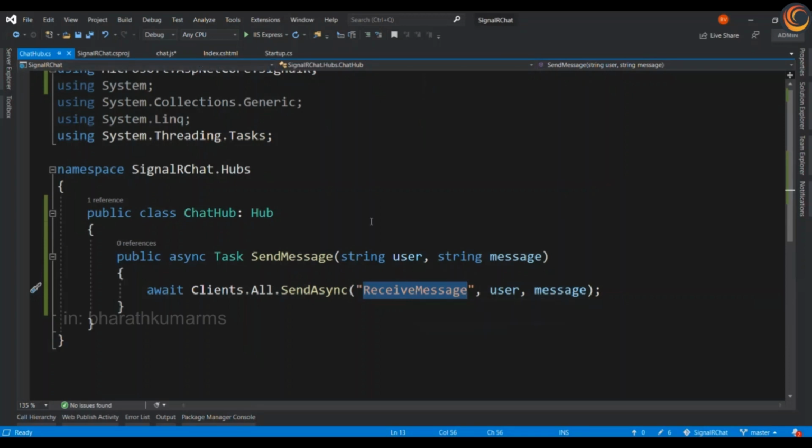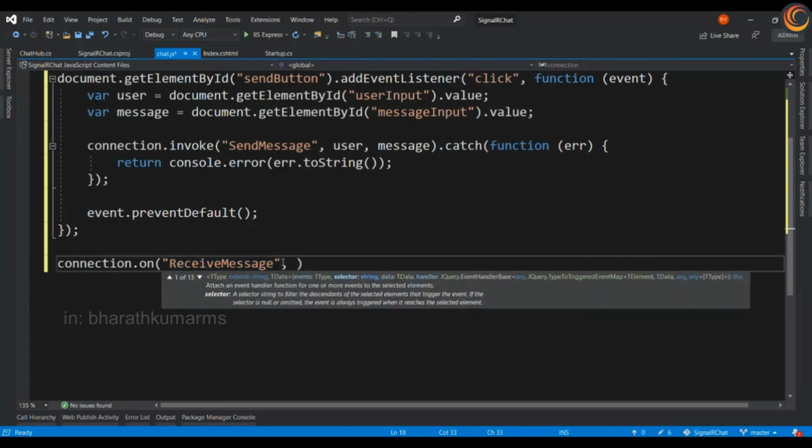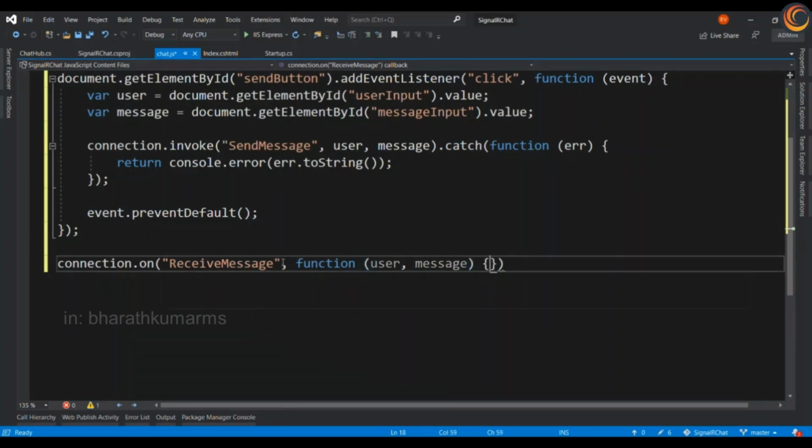When this event is raised, this function will be called. When receive message is called, we expect the same username and message to be received, right?